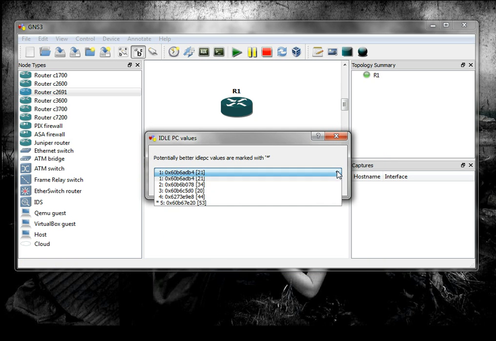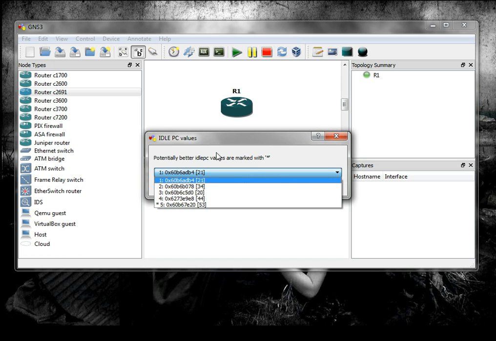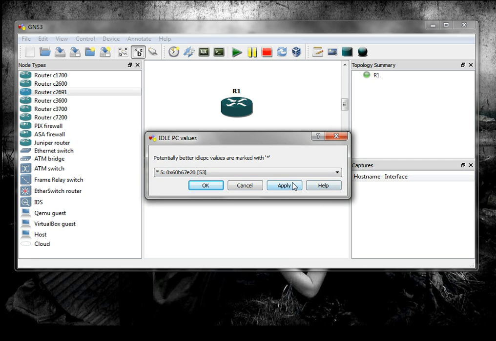Now I don't know if I'm just being superstitious, but I always keep doing it until I get a value marked with an asterisk. So first time around, it's done so. It's calculated a potentially better value. We've applied it,